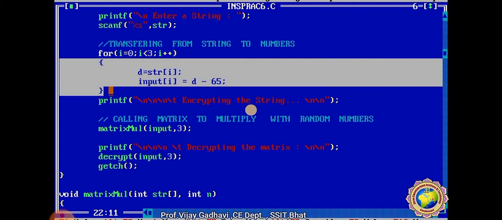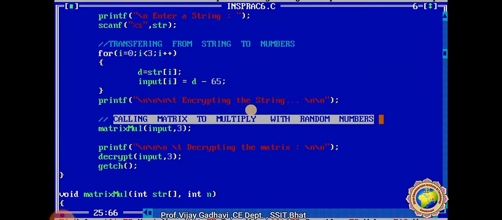Here this loop is executed, transferring from string to numbers. Then you print here the value of the encrypted string. Here you just need to do the modulo by the number of letters instead of modulo 26 as per the given equation.